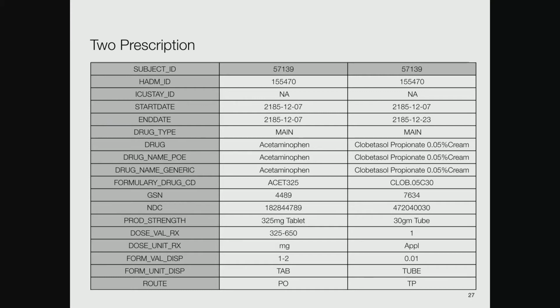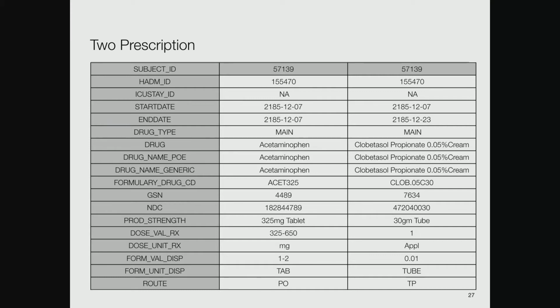One is a prescription for Tylenol, acetaminophen, and the other is for clobetasol propionate 0.05% cream. That's a skin lotion, I think a steroid skin cream. In the BI's database, they have their own private formulary code where this thing is ACET 325 and this thing is